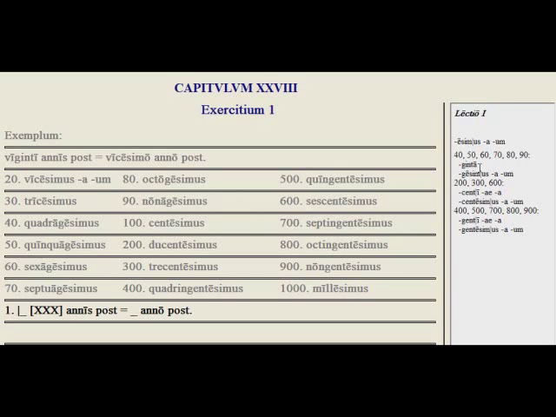So -ginta for 40, 50, 60, 70, 80, 90 would be like quadraginta, quinquaginta, etc. And so those are the cardinal numbers, and the ordinal numbers are formed with -gesimus. So quadragesimus, quinquagesimus. And the numbers, the 200s, 200 would be ducenti, -ae, -a, and 300 trecenti, etc. And for the ordinal numbers formed from that would be ducentesimus